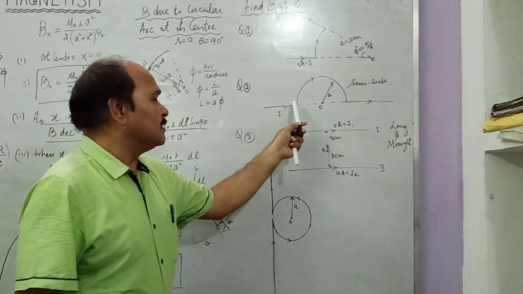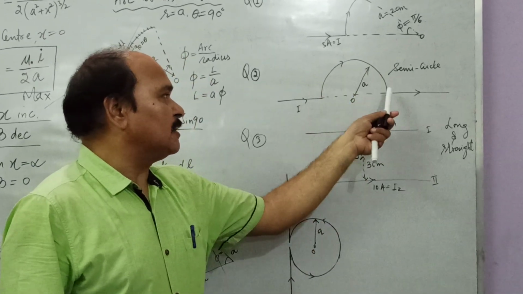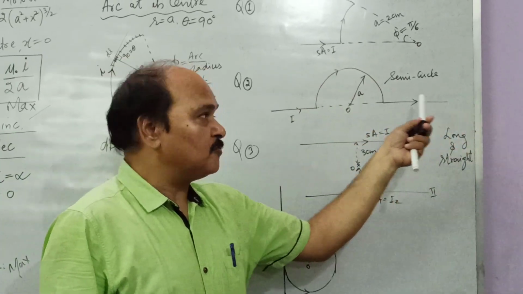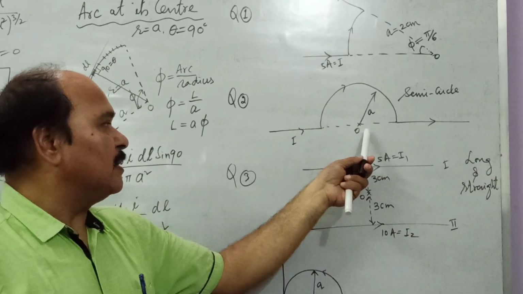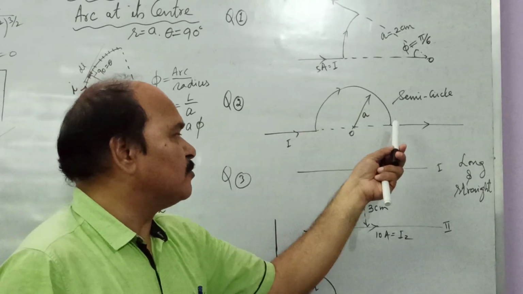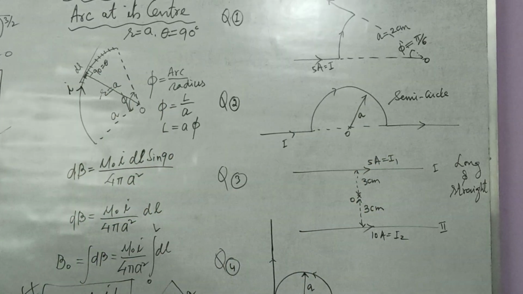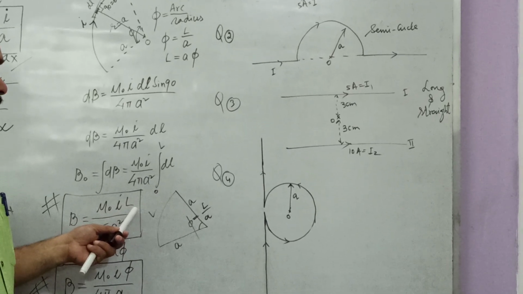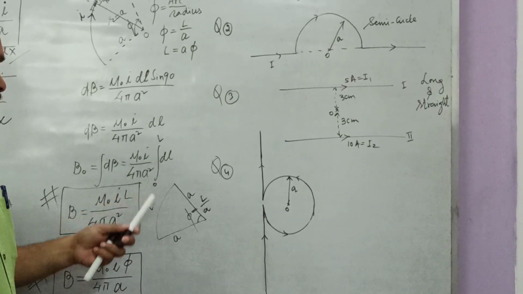In this question, this is a semicircular arc. This is the straight wire which turns and makes a semicircle and moves straight like this. So what is the magnetic field at O? Well, the length of this circular arc is going to be pi a. You can use this formula, L is going to be pi a, that is the circumference of a semicircle. Or you can use this formula,